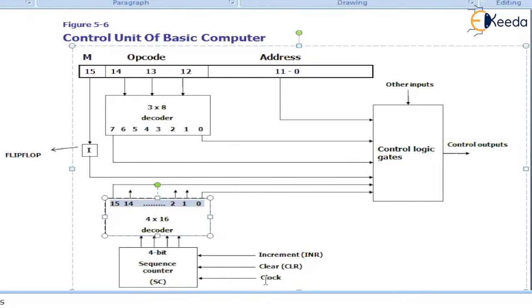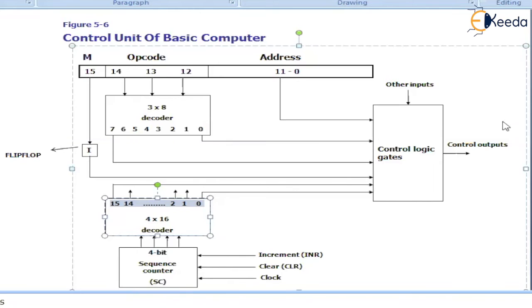The first clock pulse is released, T0 will get released, and the control unit is going to enable program counter and address register. When T1 gets released, memory of the address register goes to the instruction register, and program counter equals program counter plus 1. After a few clock pulses, one instruction gets executed, and then this counter will be cleared to 0 again. At that time, this clear input will be enabled. That means one instruction is finished and the next instruction will have to be fetched.